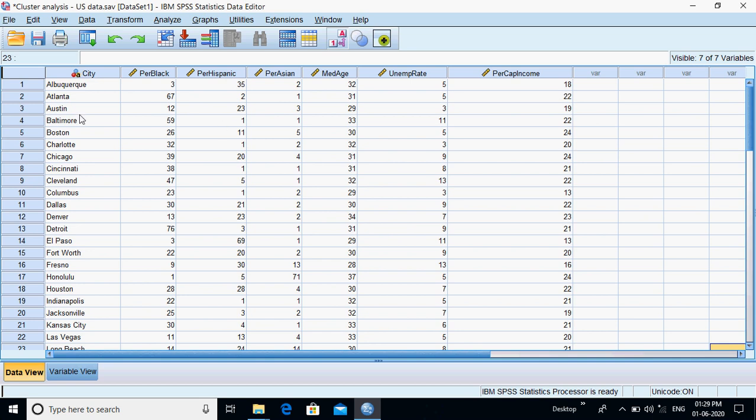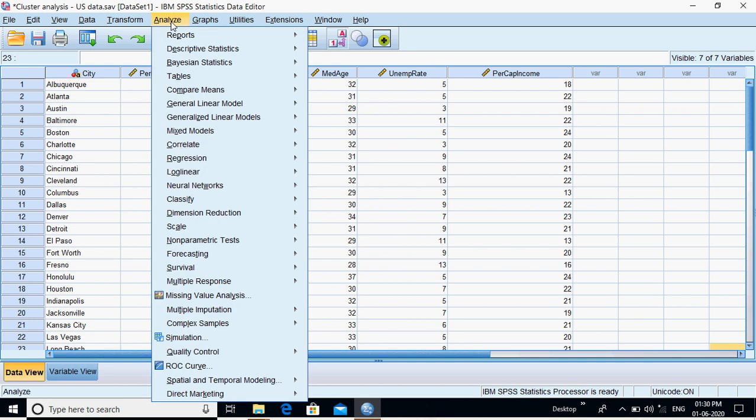So since we have different scales for all these data points, first what we have to do is standardize these data points. That's very, very important. So first thing that you have to observe is how these variables are being measured. If they are measured on a uniform scale, say for example on a 5-point scale or on a 7-point scale, if all these variables are measured on the same scale, then you can straight away go in for the cluster analysis. But if the variables have been measured on a different scale, then we have to first standardize these scales. Now we'll see how we can standardize these scales, then we can go in for cluster analysis.